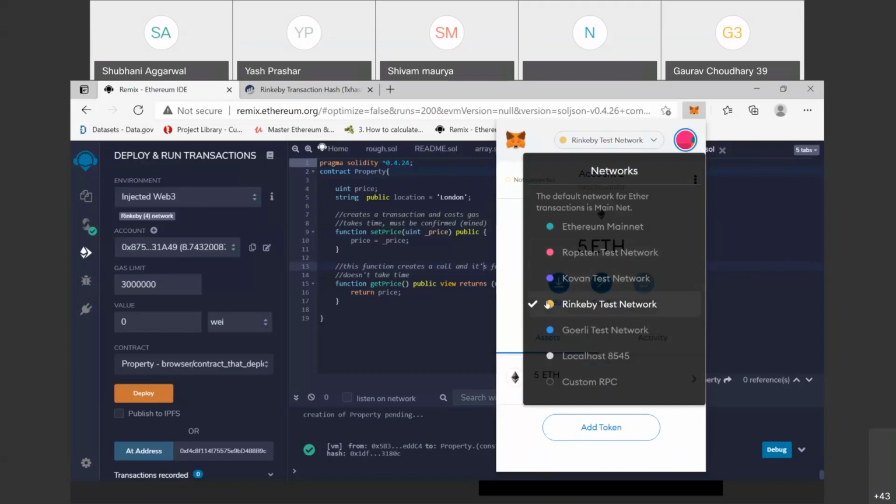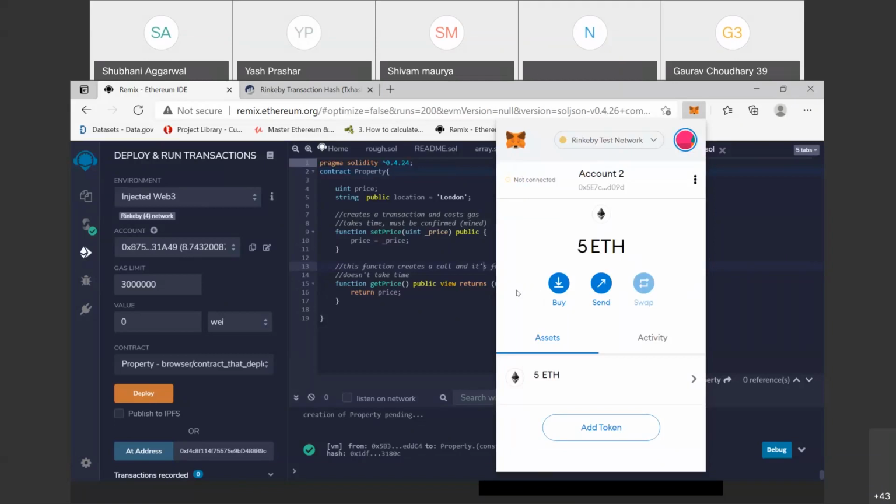ओके, ओके मैम. हाँ, I just explained using the Rinkeby test network, and I just want to tell you that this network uses the proof of authority consensus algorithm. Okay.